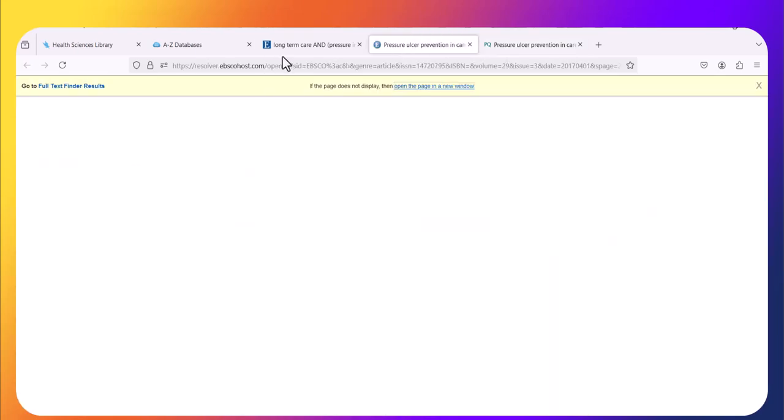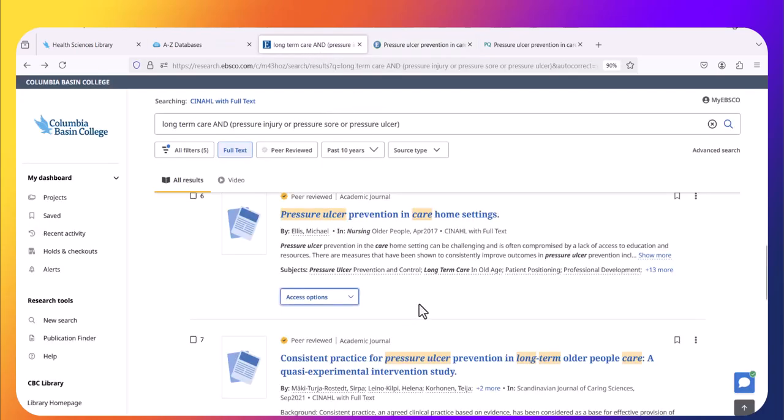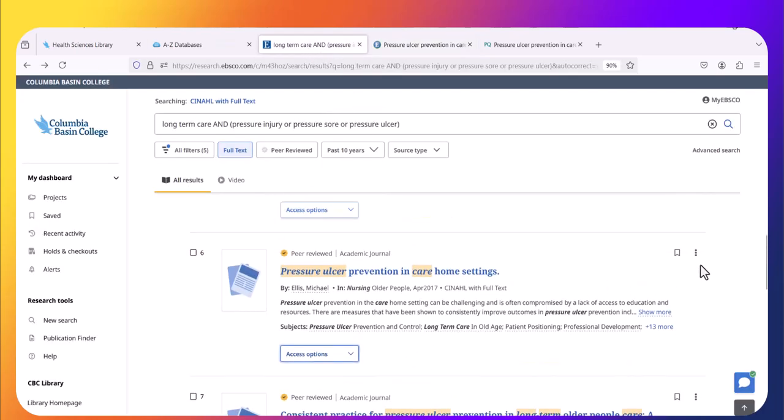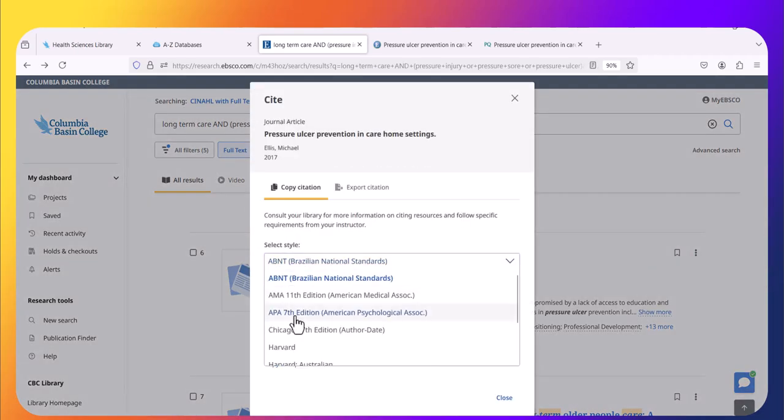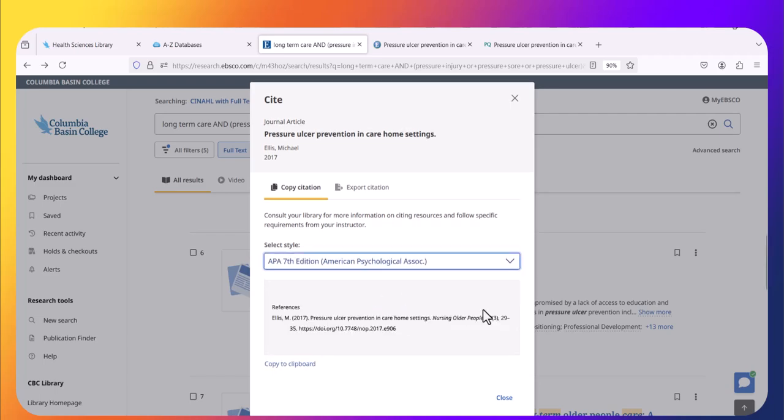So I'm going back to the EBSCOhost database here for number 6. And then click on the 3 dots on the right side and use the cite function. Select APA 7th edition choice. That will be a very good starting point for my APA reference entry.